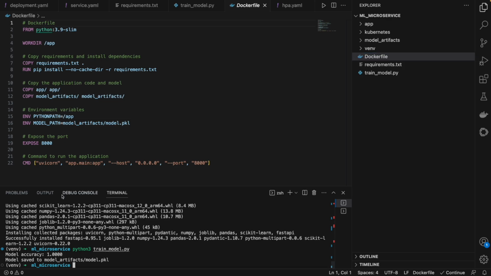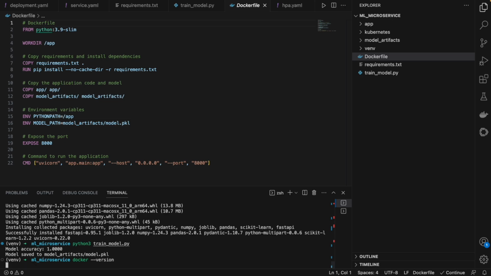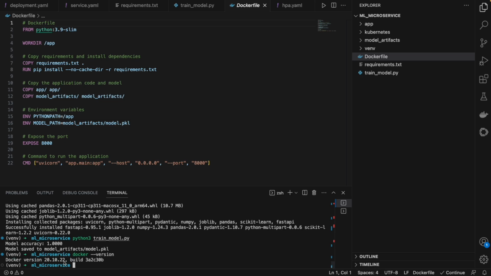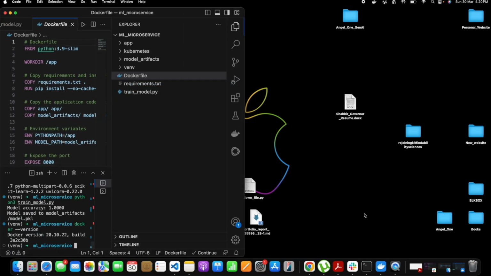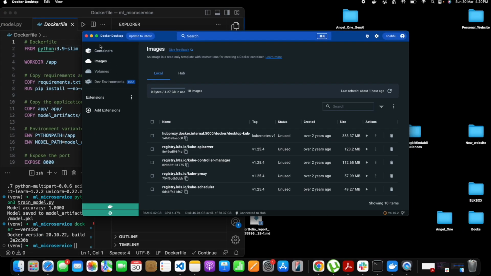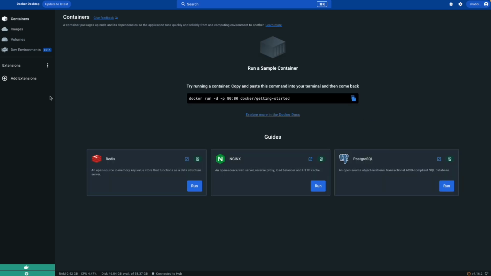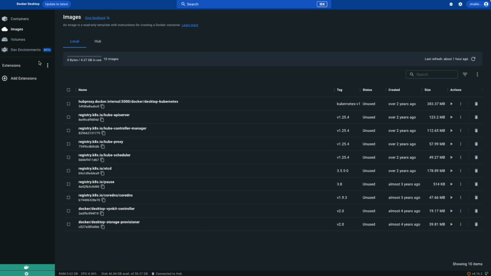For that, first of all, you need Docker installed. If you don't have Docker, you need to install it. I can check that this is my Docker version, already installed. And you can also see that I have the Docker Desktop application running. This is how the application looks. Pretty simple. The downloading and all I have shown in a previous video. You can follow that video; I'll leave the link to that video in the description. And this is how the Docker interface looks.